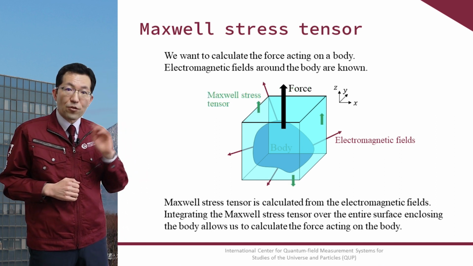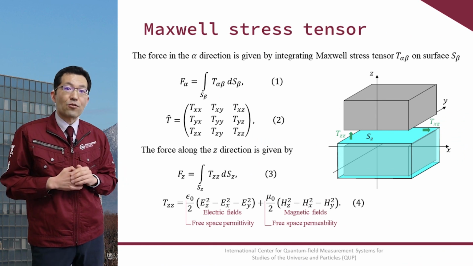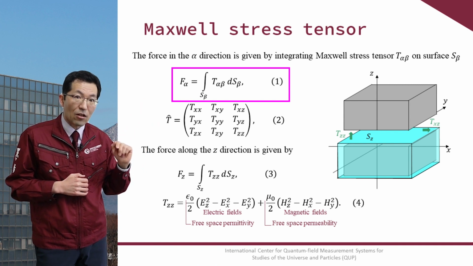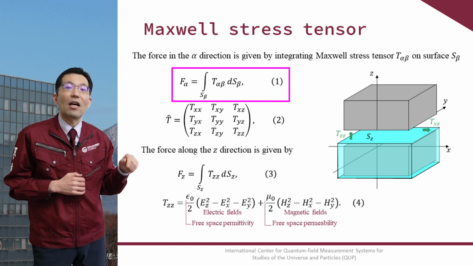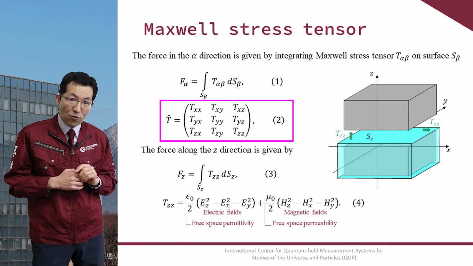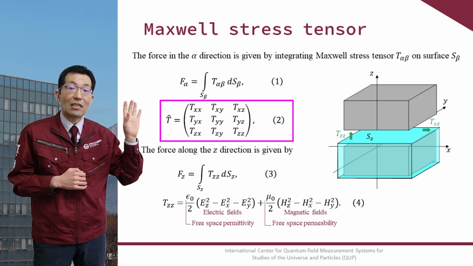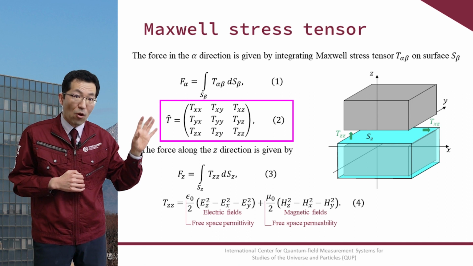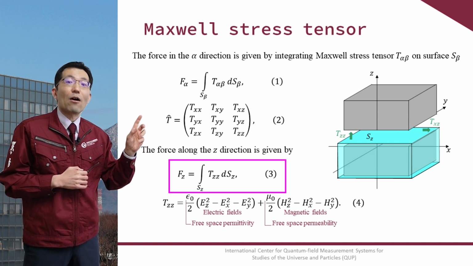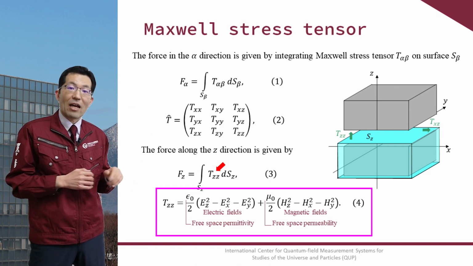So then let's go through the mathematical formula. The force in the alpha direction is given by integrating the Maxwell stress tensor T alpha beta on surface S beta, which is given by equation 1. And T has a 3×3 tensor form, and for example, TZZ and TXZ are shown in the schematic consisting of two bodies. Casimir forces correspond to Fg, which is given by equation 3, and TZZ is expressed by electrical fields